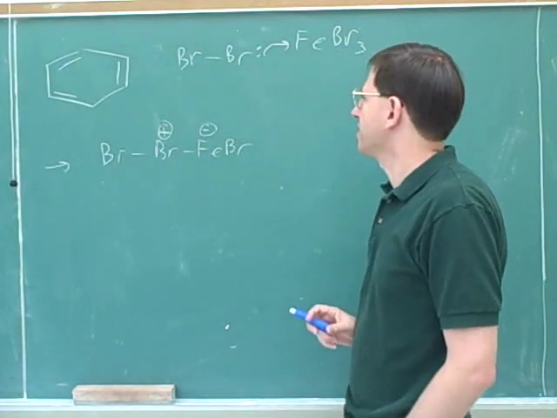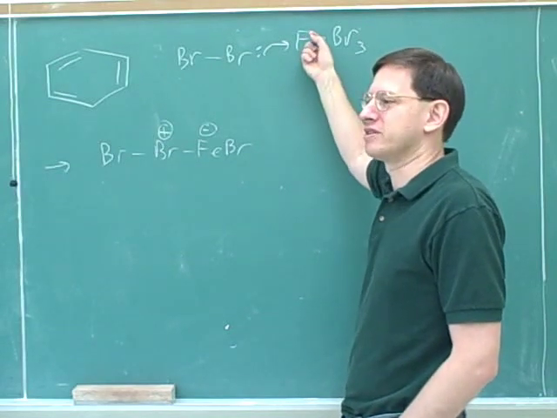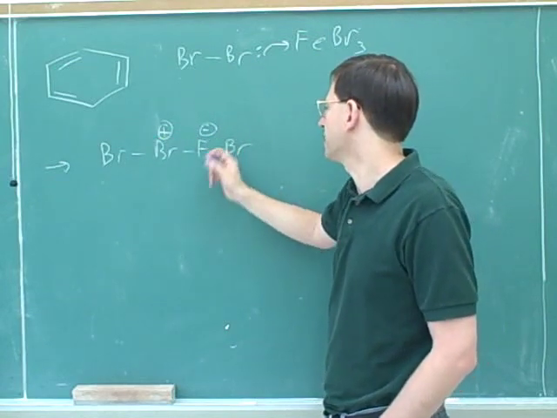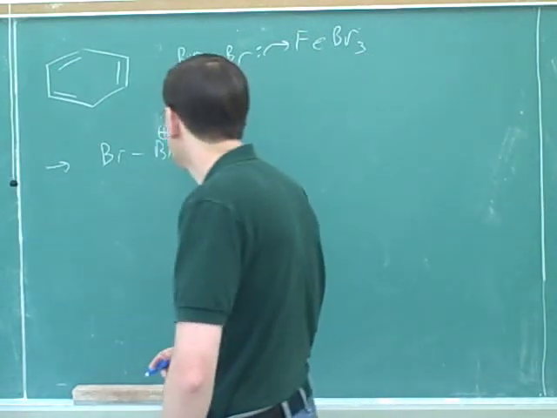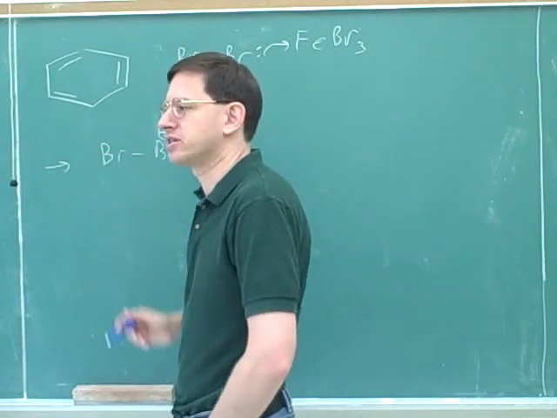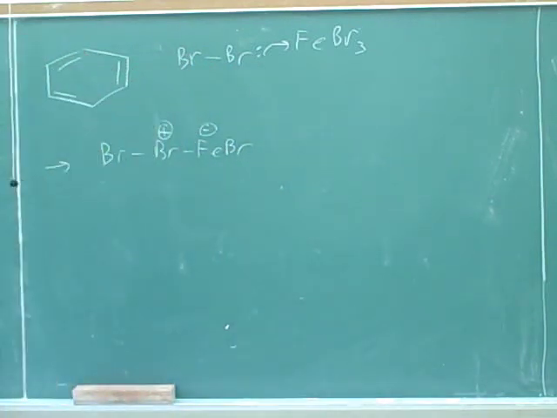By the way, I said earlier that a Lewis acid donates electrons, but I misspoke. I should have said that a Lewis acid receives electrons. That's what's putting the positive charge here. By receiving the electrons, it's putting a positive charge here. Well, you can see that this has made these bromines more electrophilic. Positive charges make you more electrophilic. Well, now let's show the mechanism for the next step.